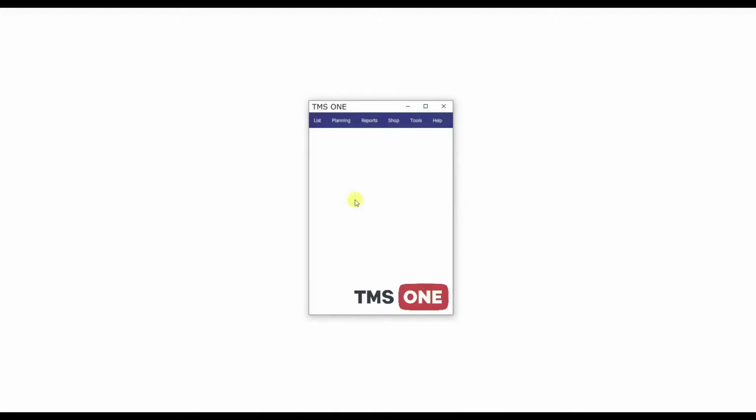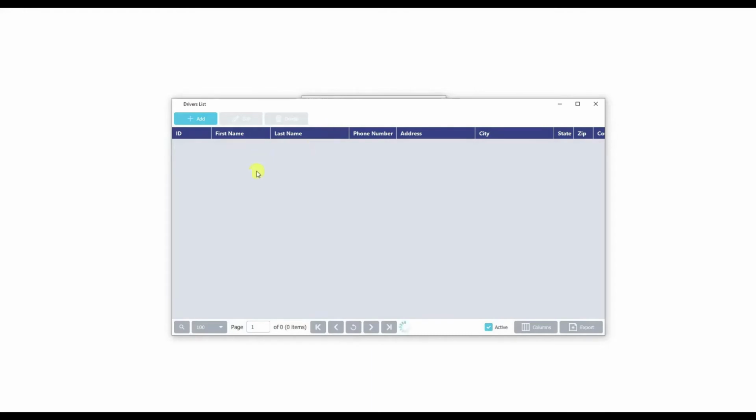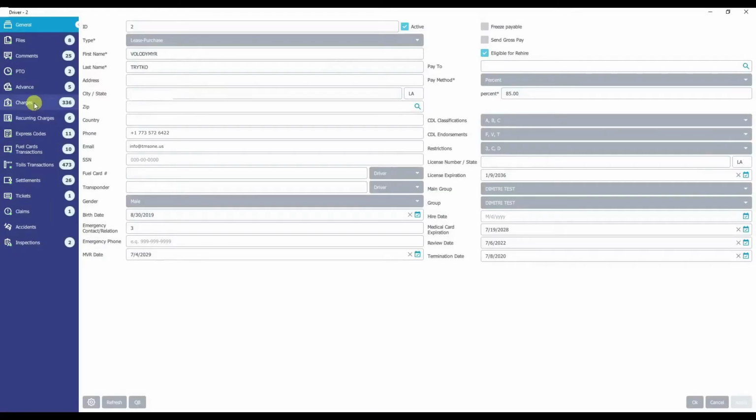Hello, today we are going to be talking about the new features of our latest TMS update. First, we're going to start off with a driver and their profile, which we will see here on the tabs